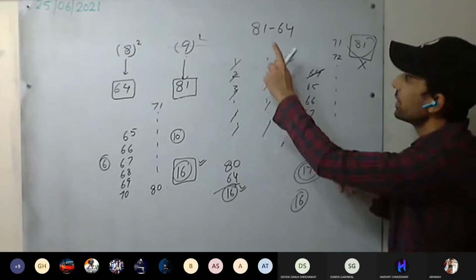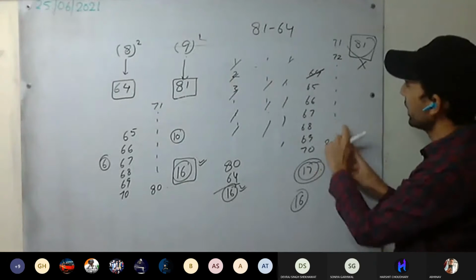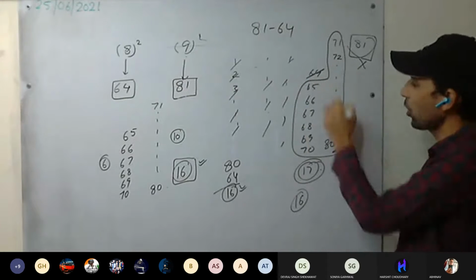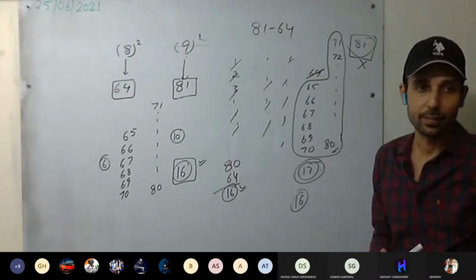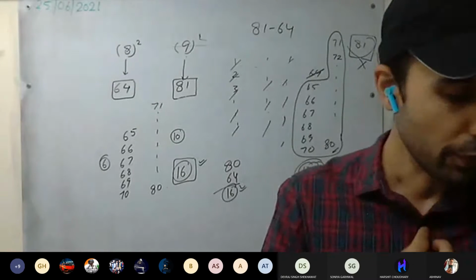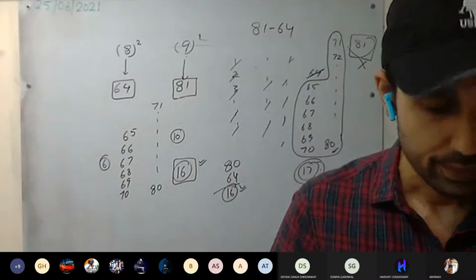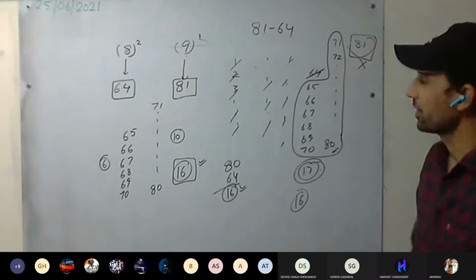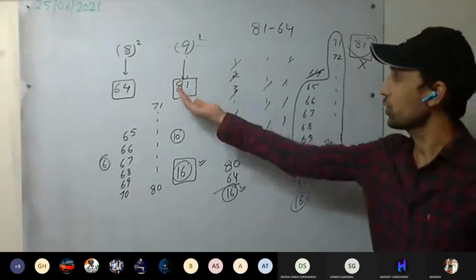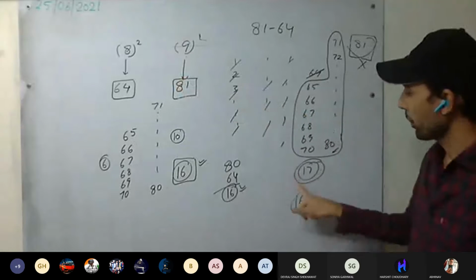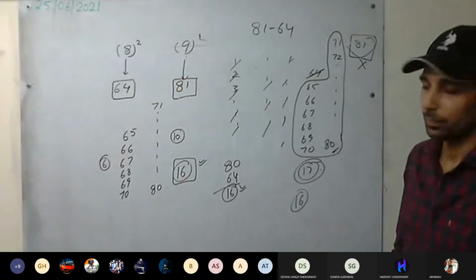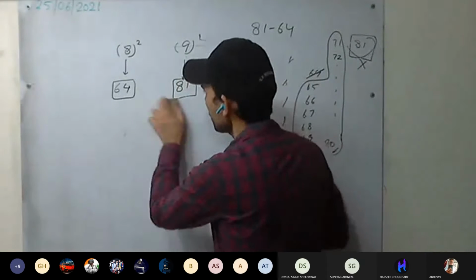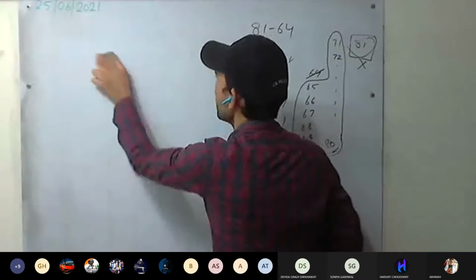So if we subtract 64 from 80, only these numbers will be remaining. And how many are these? These are 16 in number. This is very important. Mark it, it will help you a lot in life. You will save this extra thing, because 81 is not included. Therefore, from 80, we have to subtract 64. Understood this one? Okay, next one.